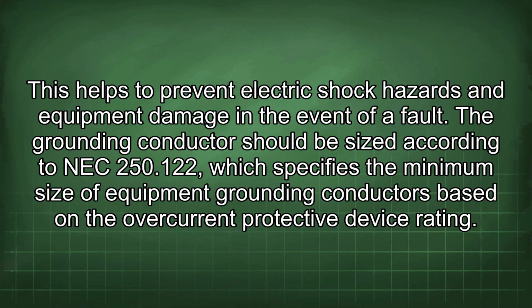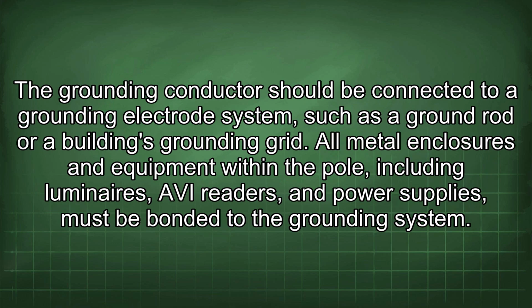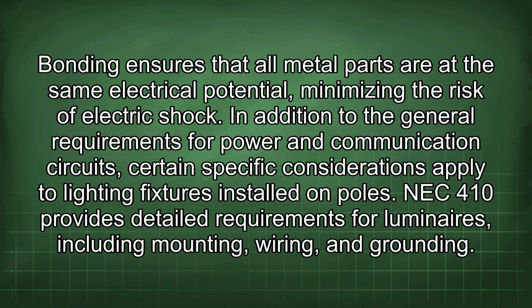The grounding conductor should be sized according to NEC 250.122, which specifies the minimum size of equipment grounding conductors based on the overcurrent protective device rating. The grounding conductor should be connected to a grounding electrode system, such as a ground rod or a building's grounding grid. All metal enclosures and equipment within the pole, including luminaires, AVI readers, and power supplies, must be bonded to the grounding system. Bonding ensures that all metal parts are at the same electrical potential, minimizing the risk of electric